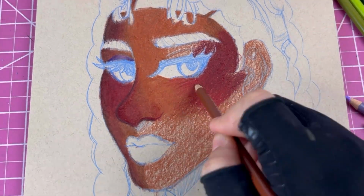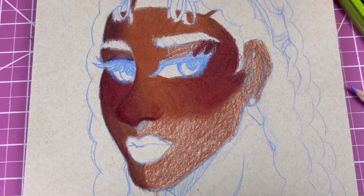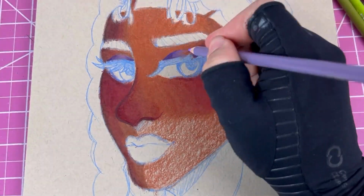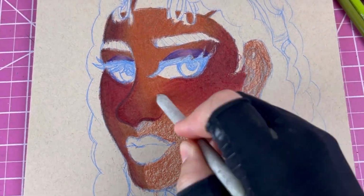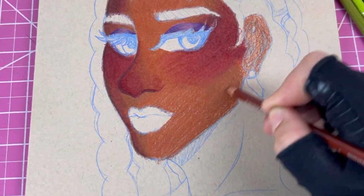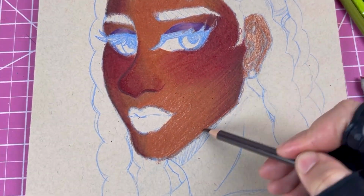So it's much easier to replace the things that have already been used up in comparison to a lot of marker packs, unless they're more expensive marker brands, which is really convenient and overall just really nice for anybody who is using color pencils. Another thing that I really like about color pencils that I can't get with markers at all is the texture. There's something about the texture of a color pencil that just looks so soft and beautiful that